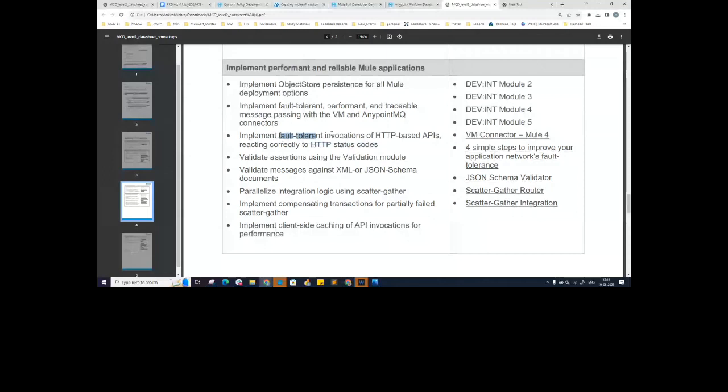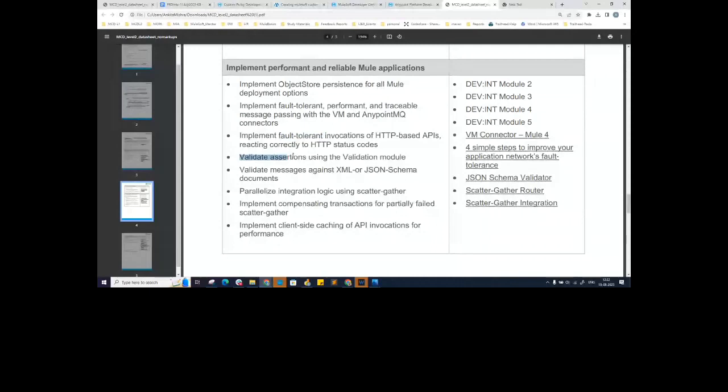The errors will start getting cascaded from one application to another application, and that is where you have to apply this fault-tolerant mechanism, because you are actually working in an API-led connectivity approach, right? There are multiple APIs which are connected and talking to each other. So if one API fails, the errors will keep on cascading, and all the other APIs might get affected because of that. So how can you handle those errors using fault-tolerant invocations? Everything will be covered in this topic.